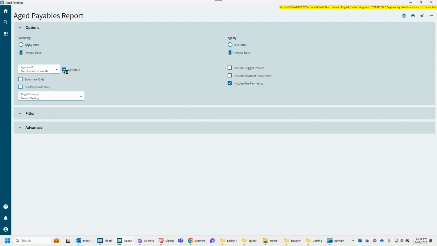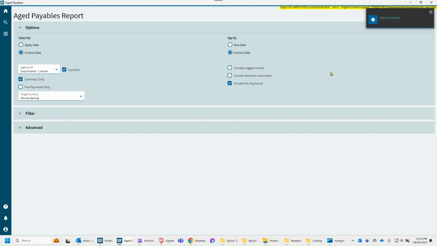Under here, you can go today, but I would imagine we would be doing this dynamically. So we would say end of, sorry, minus 1 month. Yeah, minus 1 month. So in other words, that's end of month minus 1 month. So that's the end of last month, irrespective of what day you run this on. You can also say summary only. So whenever we submit this,